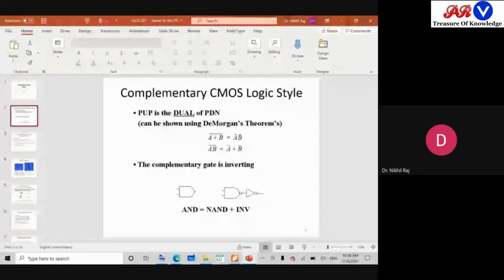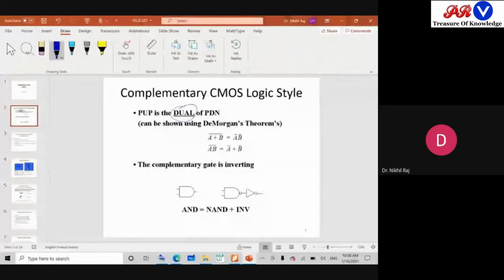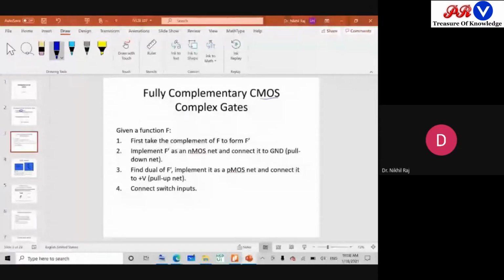And if you see, both are in the duality nature. Duality nature means they will behave like De Morgan's law. If one is in the dot product form, then the other will be in the plus form. So that's what is told here. So any fully complementary CMOS logic, it means completely exactly like a CMOS logic. So what are the steps? First, you take the complement of the given function to get F dash, because whatever will be the output of that logic gate will be in the complement form. So taking the complement of the complement will give me the realization of the function.